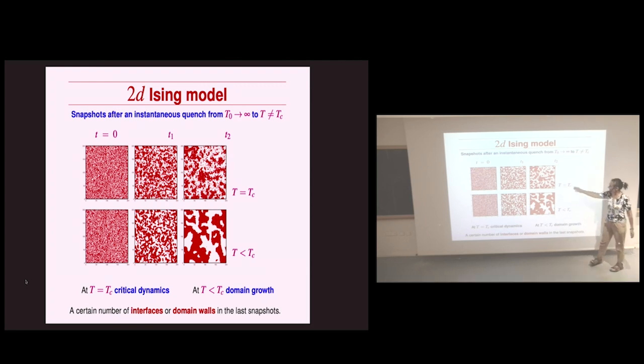So in both cases, you would need times that diverge with system size to reach equilibrium. And if your system is sufficiently large, you will not reach it. Okay? But the mechanism that is trying to reach this equilibrium situation is clear in both cases. It is the growth of critical structures here, the growth of domains of the same color in the other case. We understand it, we visualize it, and we can even describe it analytically, first phenomenologically if you wish, and next